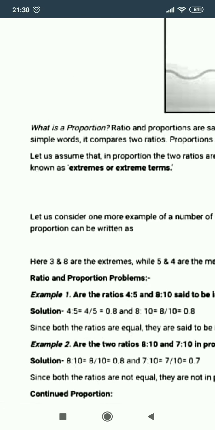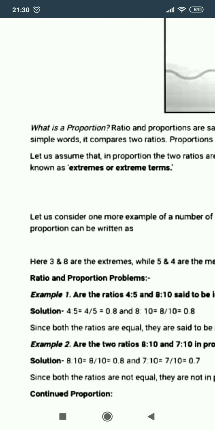Today we are discussing the ratio and proportion part 2 video. Today we are discussing the term proportion. Ratio and proportions are said to be the faces of the same coin. When the two ratios are equal in value, then they are said to be in proportion, or equality of two ratios is said to be proportion.